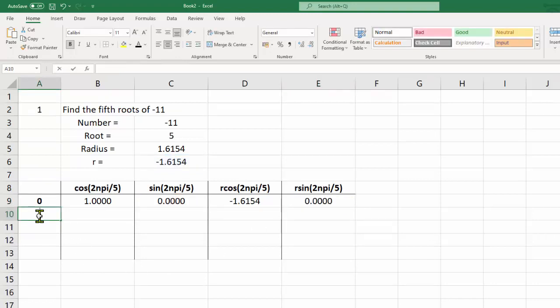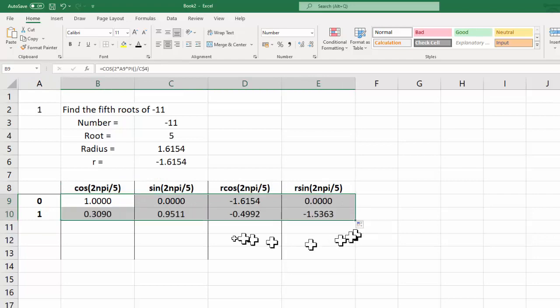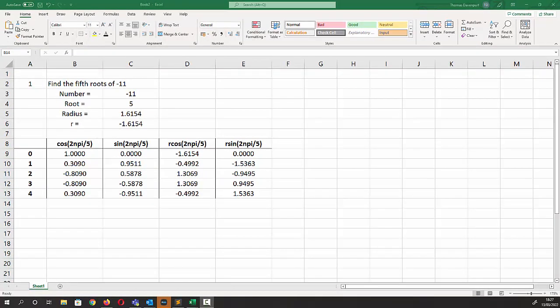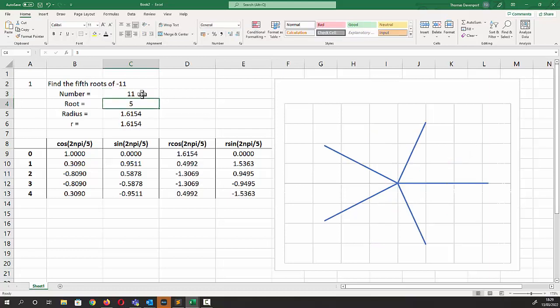Now this cell is going to equal the previous cell plus 1. I need to copy these cells down 1, and then I can copy all of these. Next we'll draw a graph of the table, and here's our graph of the roots. This is the root for n equals 0, n equals 1, n equals 2, n equals 3, and n equals 4. If we wanted to find the fifth roots of 11, we can now change -11 to 11, and now